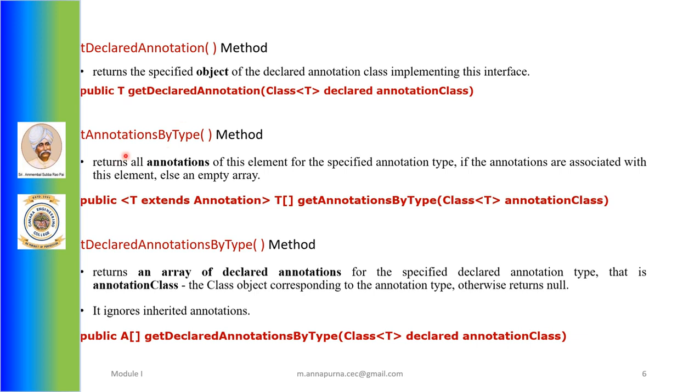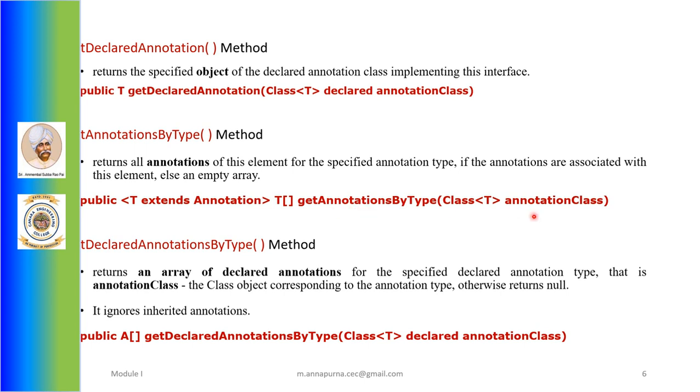Next we have the getAnnotationsByType method. The getAnnotationsByType method of java.lang.reflect.Field is used to return annotations that are associated with this field element. This is an important method to get annotations for the field object. If there are no annotations associated with this field element, then an empty array is returned. The syntax of the getAnnotationsByType method is public <T extends Annotation> T[]